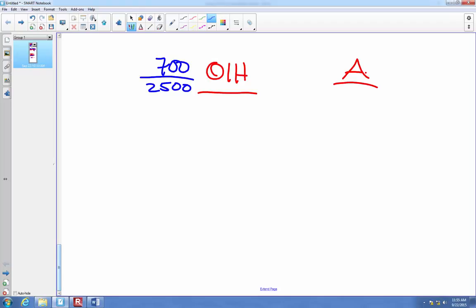Exactly? It's not exactly. Is it? Okay. So you always go out 4 decimal places. Here it's obviously even, so it's 28%. So then I would write down,